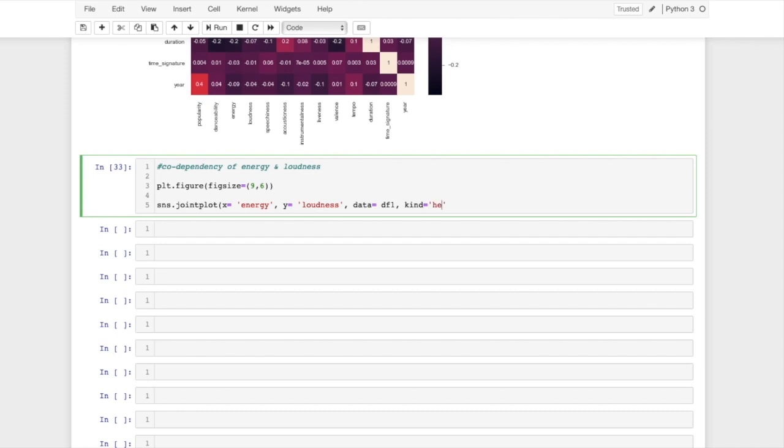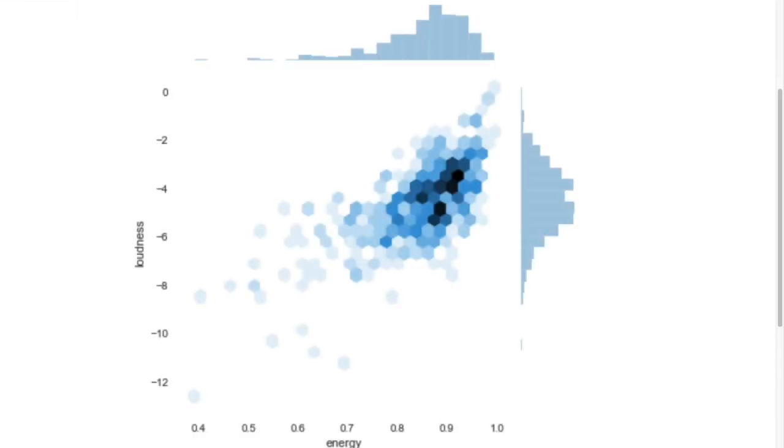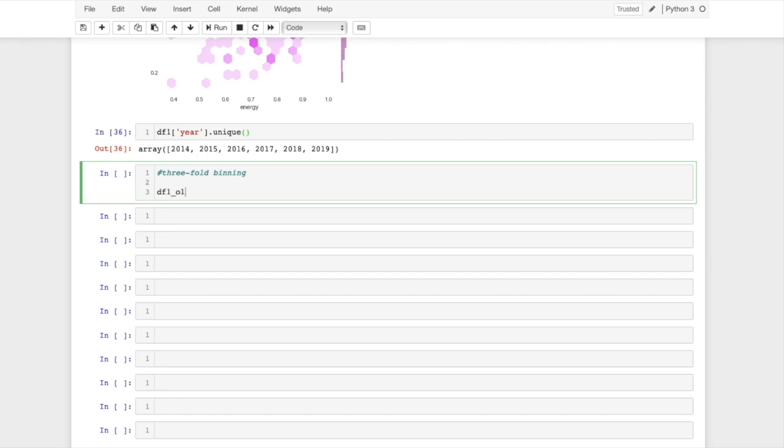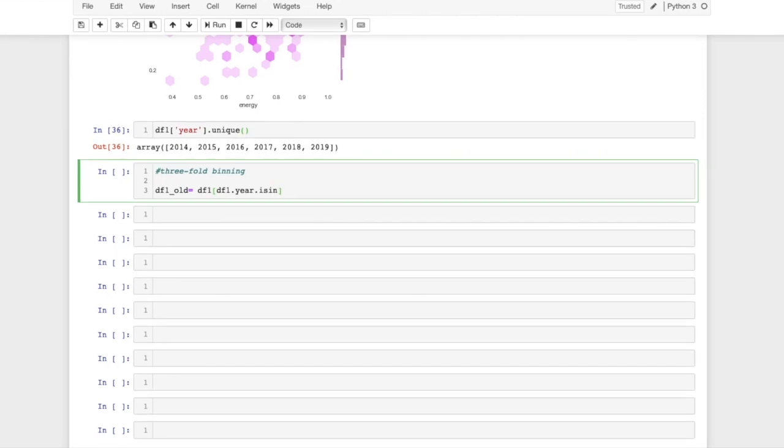We'll set kind to hex. We can see that the data points are quite close together. So to make a good decision on how to go about binning the data, let us first look at how many unique values we have in the column year. We are going to bin our data in pairs, meaning all the songs released between 2014 and 2015 will be one bin, which we will call the old